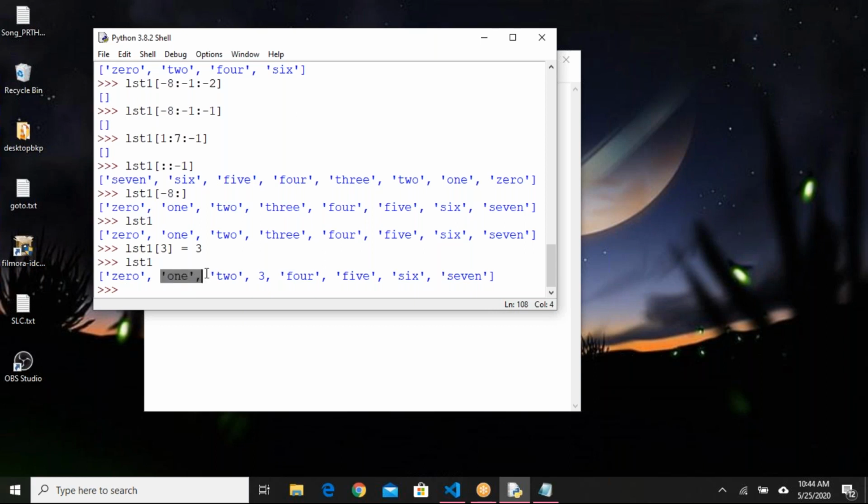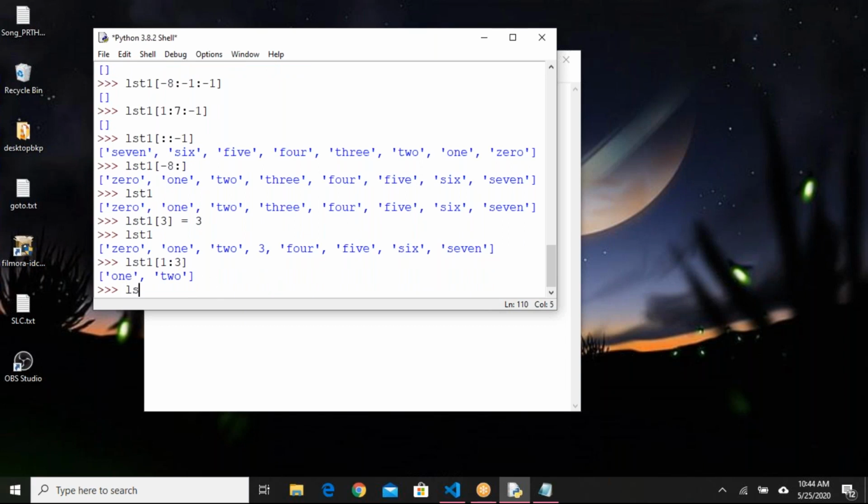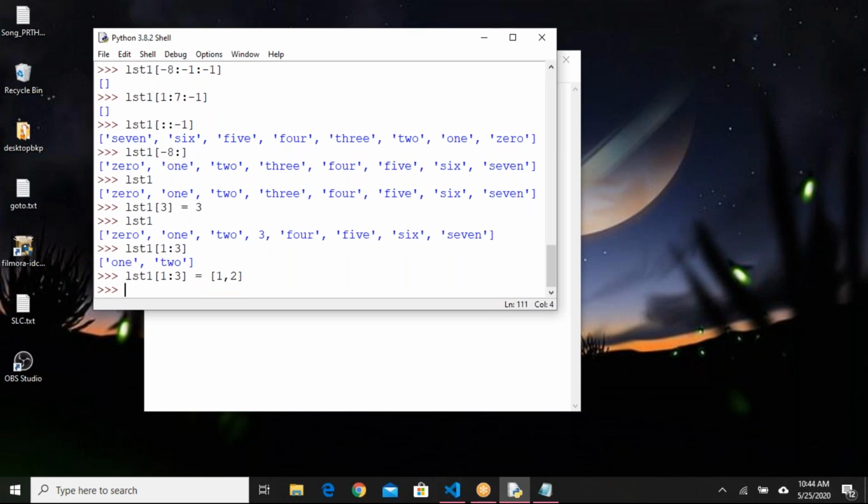How can I access these two values? First of all, how can I access? Using slice operation. list1 equals 1 colon 3, because 0 1 2 3, if I give 1 and 2, right? list1[1:3] equals, if I say 1 comma 2, for example, see what I did here.